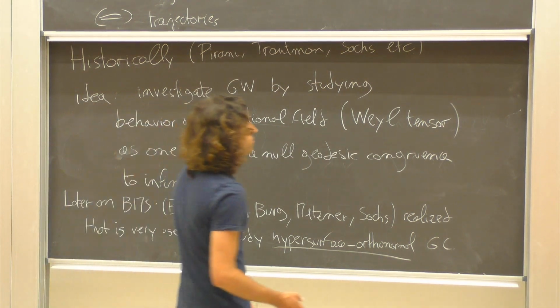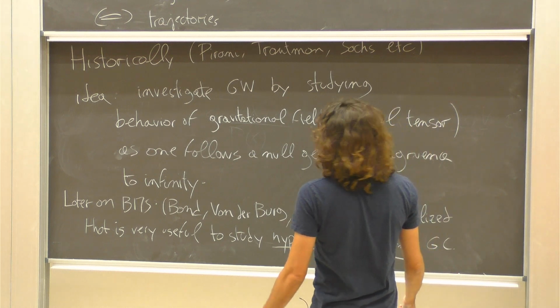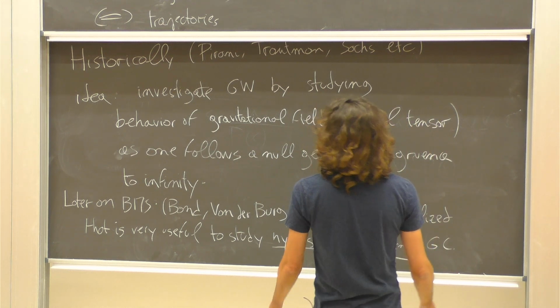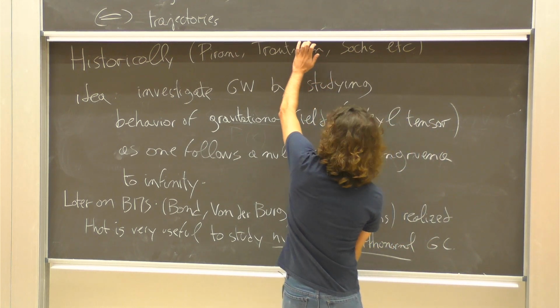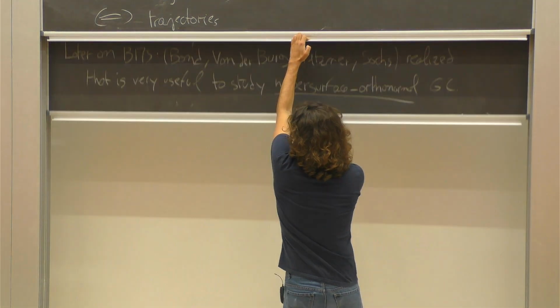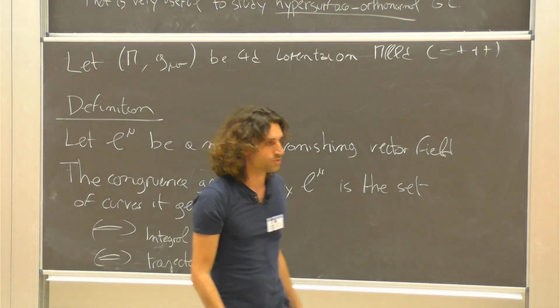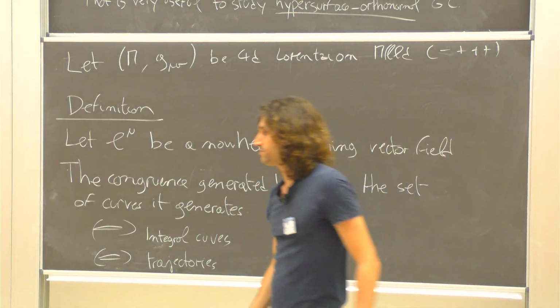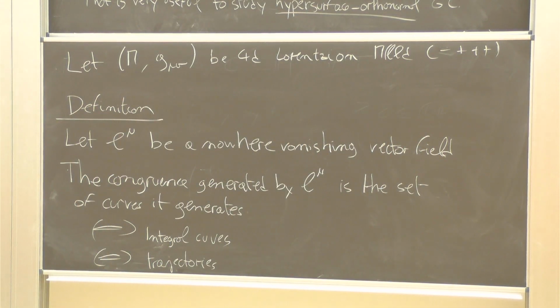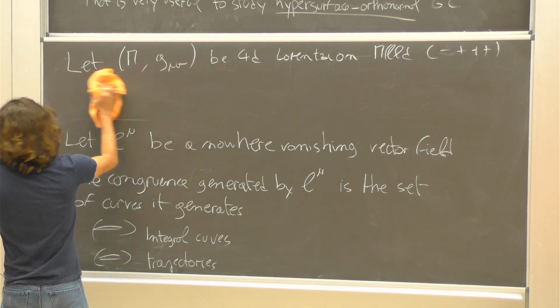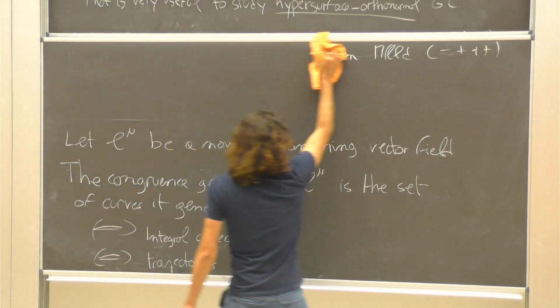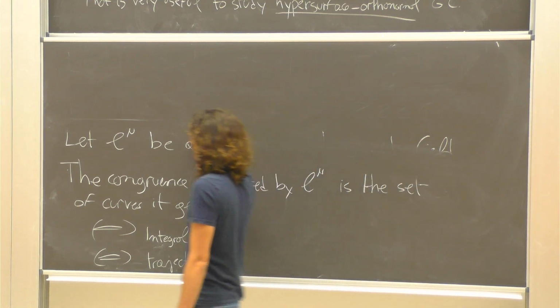Okay, but before I do this, now I'm going to introduce coordinate systems to give you a practical flavor of what this is about. One of the reasons, and we'll see this several times, one of the reasons I'm talking about this, one of the reasons it's useful, is that null geodesic congruences are associated with coordinate systems, in particular with BMS coordinate systems. So let me do this.